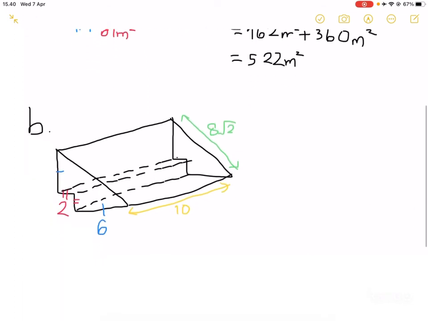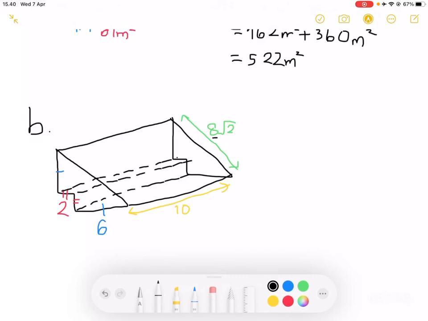Now for part B, this is a bit interesting. Notice that we have a side length with square roots, and that is on purpose, because you can find this side length here by using the Pythagorean theorem, which you can visualize as a right angle triangle with side lengths 2 plus 6 and 2 plus 6, which is 8 and 8 respectively. But in this case, I'll just indicate it for you to make your job not too hard, I guess. So anyways,